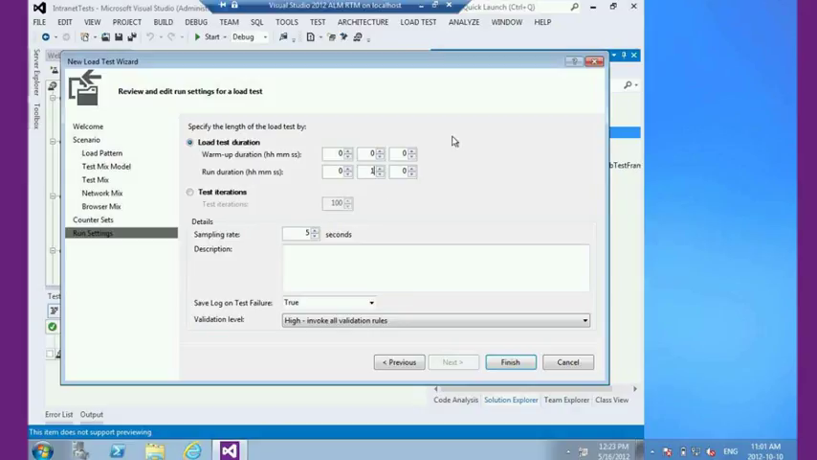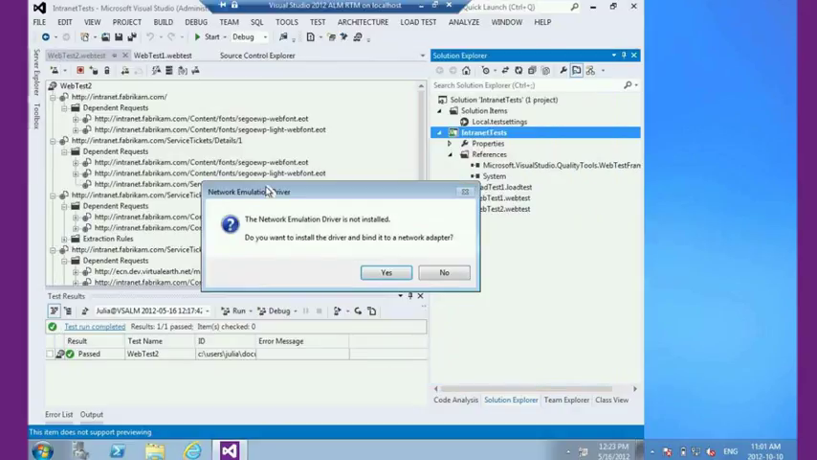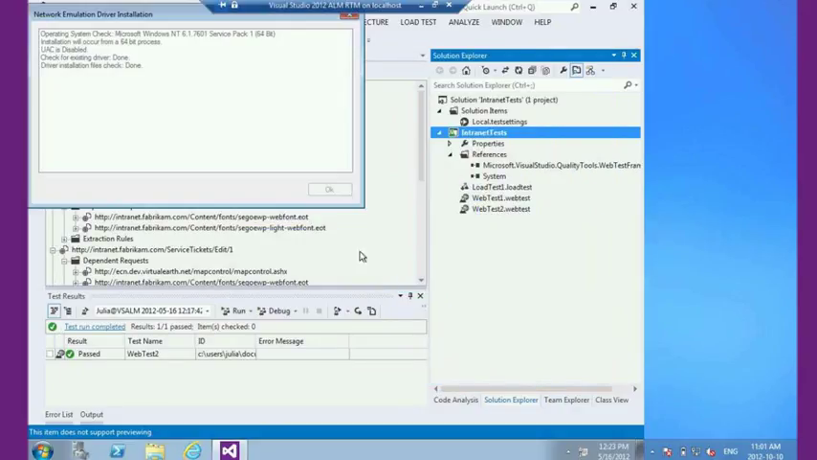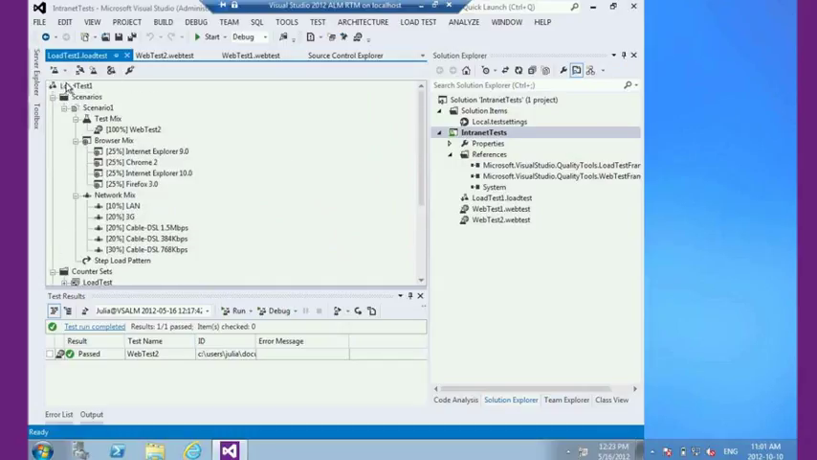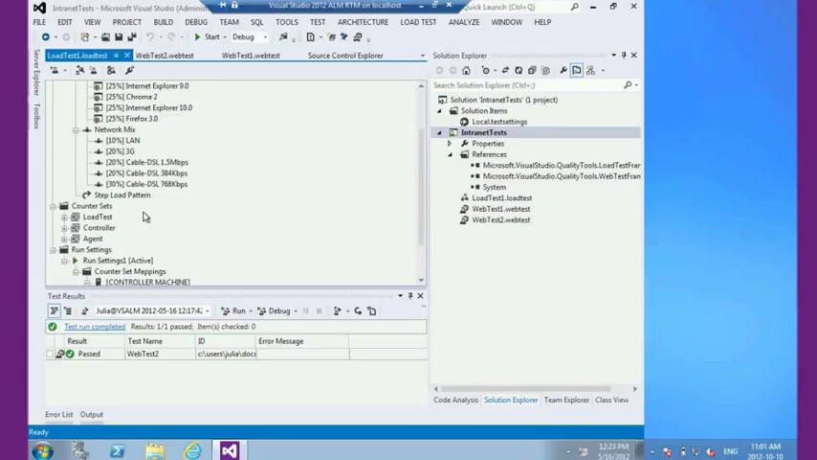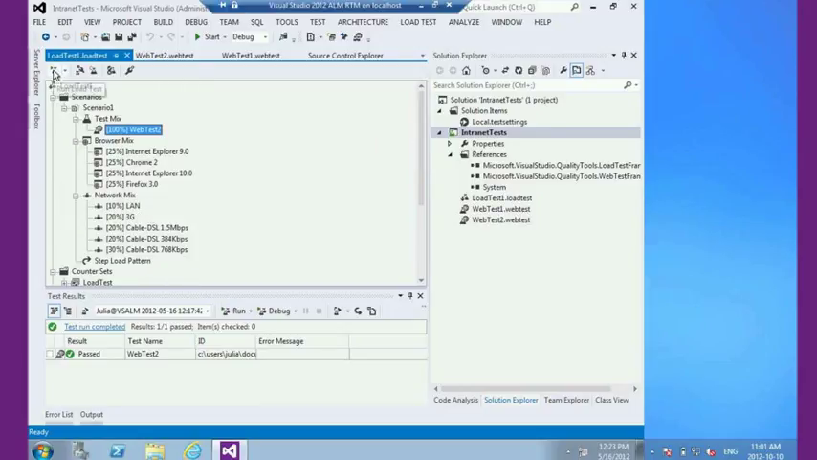But now when I finish, you can see that I have all the information. We're using network emulation. I have a load test with one scenario. In that scenario, we were going to test web test 2. These are the mixes that I created. I have all the information. All I have to do here is just run it. So once I run it,